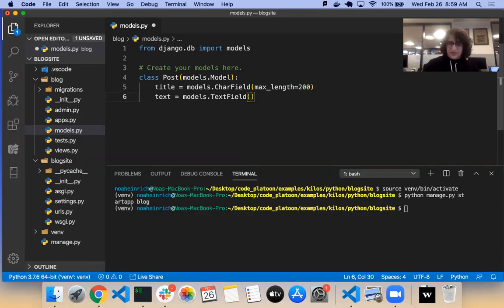And does anyone know the difference between TextField and CharField? Like a text area versus input box. Exactly. So if you ever want to save something that's larger than 200 characters, you go with the TextField. So things like blog posts, articles, anything like that, better use a TextField than a CharField. Is it specifically the upper limit of the characters? Yeah, I believe so. TextField is a different data type that allows you to save more characters.